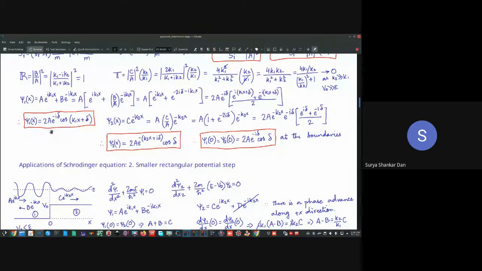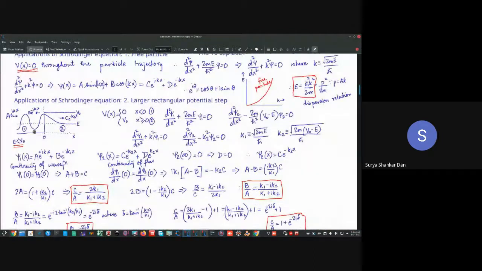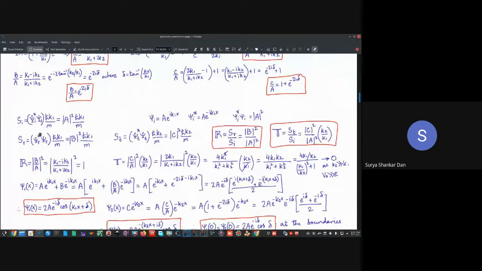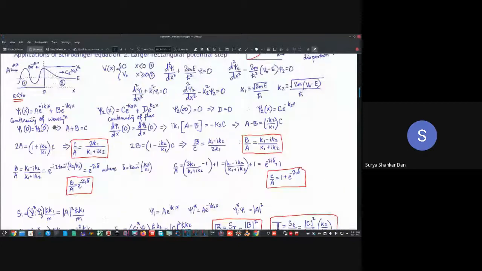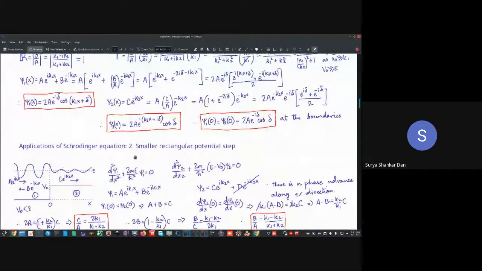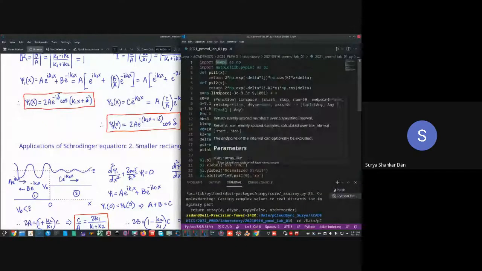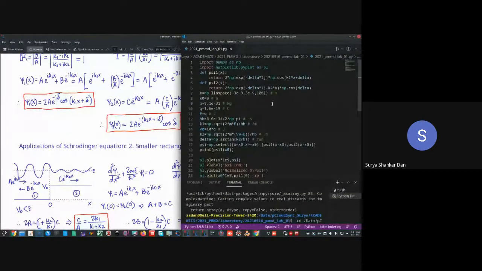So as long as x is less than 0, x is less than the barrier, the junction point. Here I have put 0, but we will relax that part later. So on the left hand side of the barrier, you have psi1 as the function. On the right side of the barrier, we have psi2 as the function. Very simple. Look how I have written the program like this. You can of course make a program much better than this also.